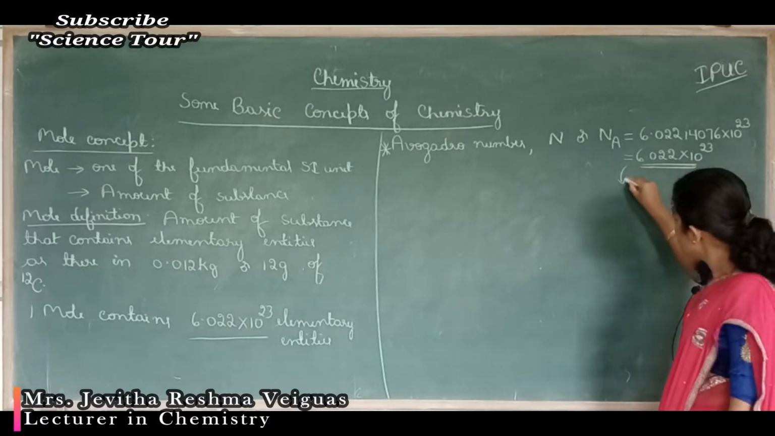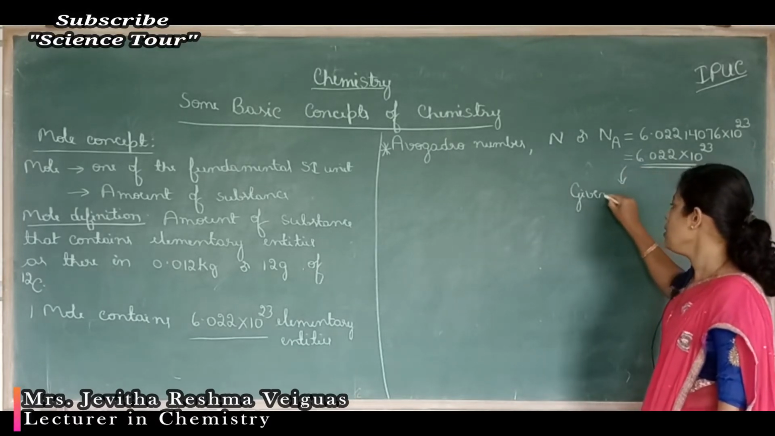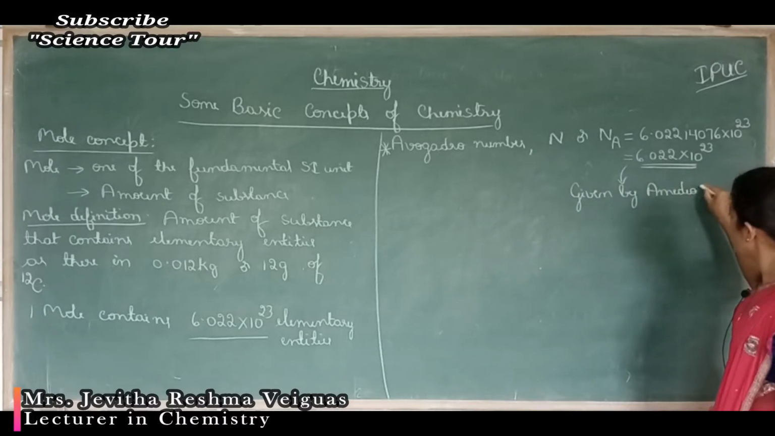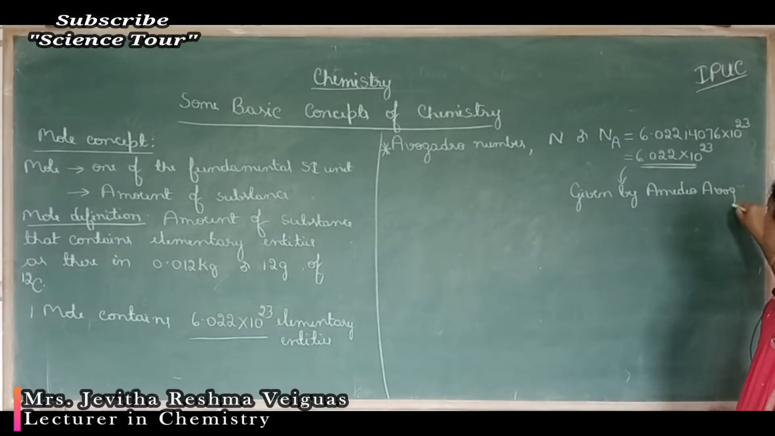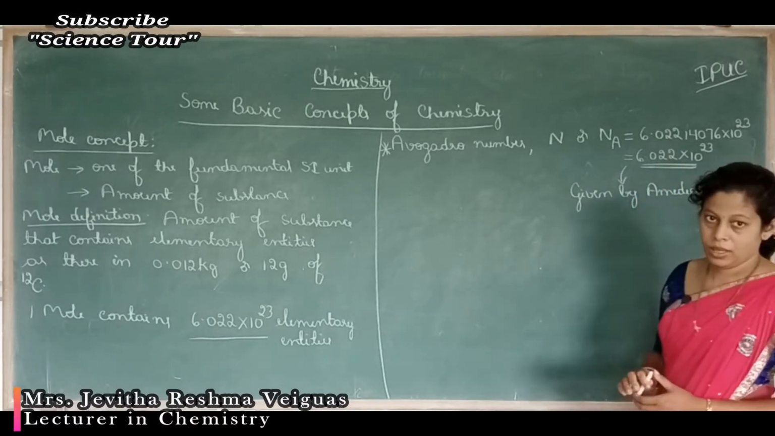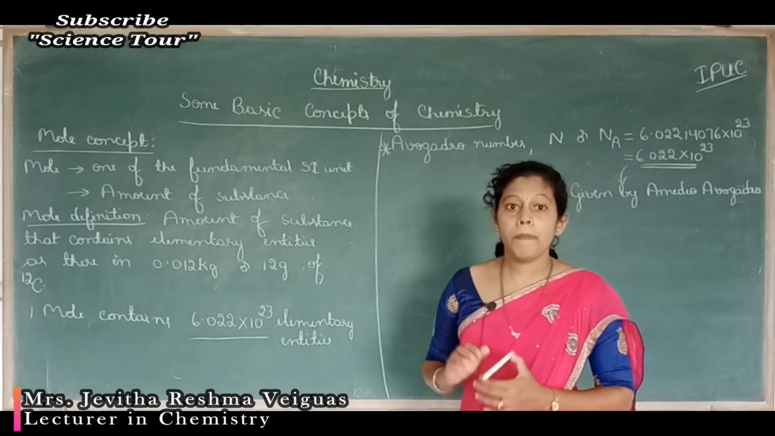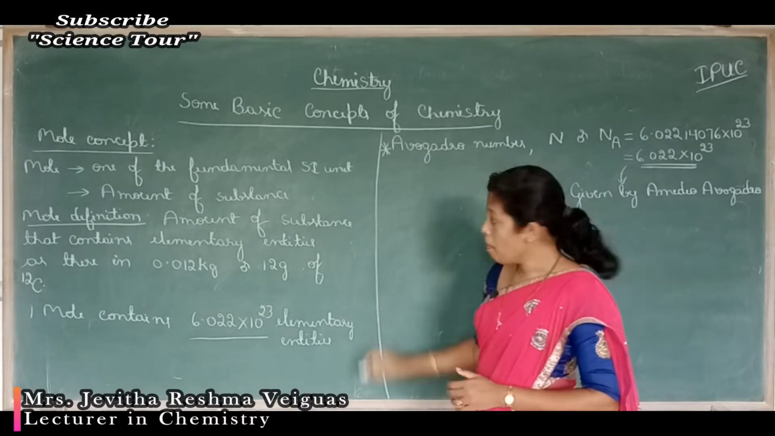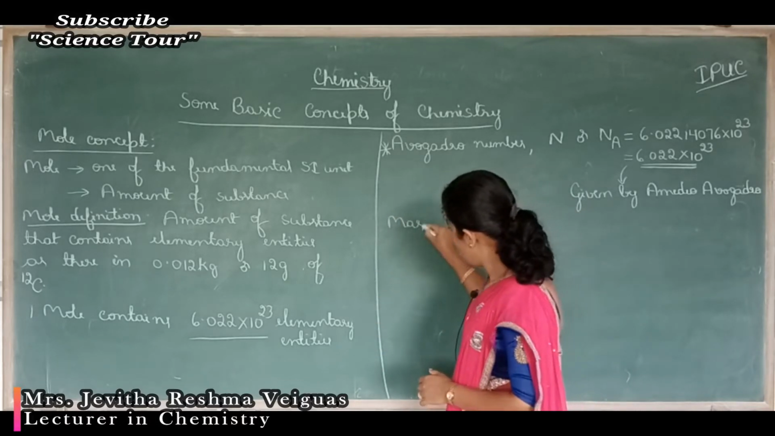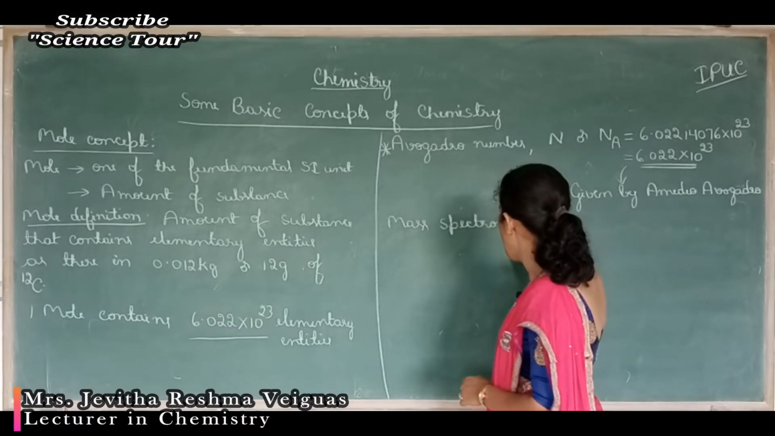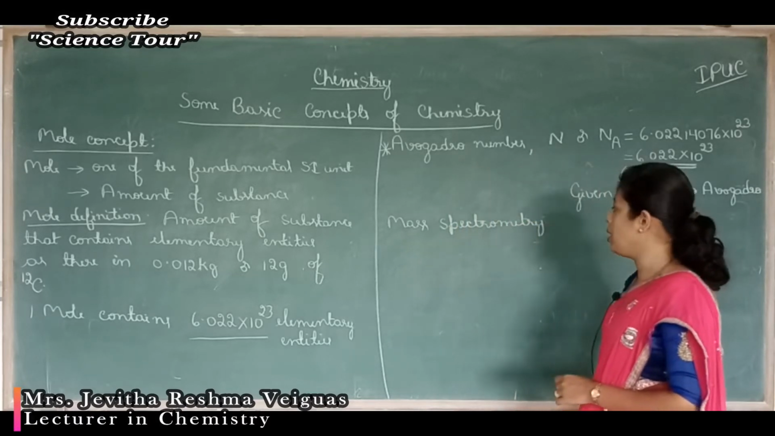This number is given by the scientist Amedeo Avogadro. That is why it is named after the scientist as Avogadro number. How is this value obtained? The value is obtained by experimental calculation. According to mass spectrometry, which is a technique to determine molecular mass or atomic mass,